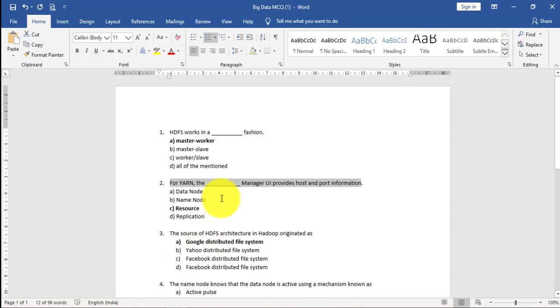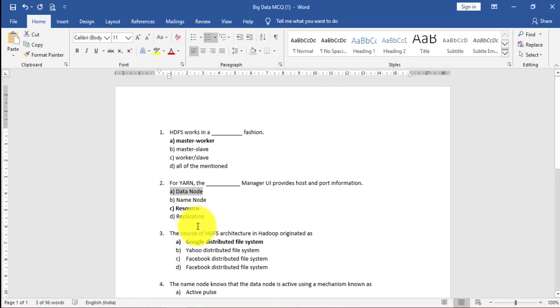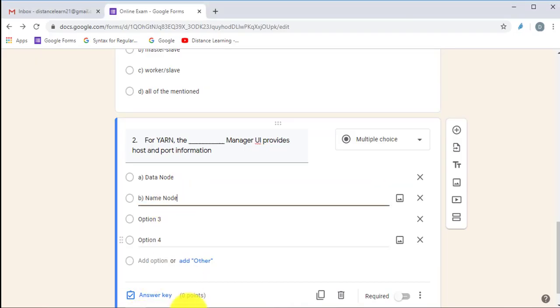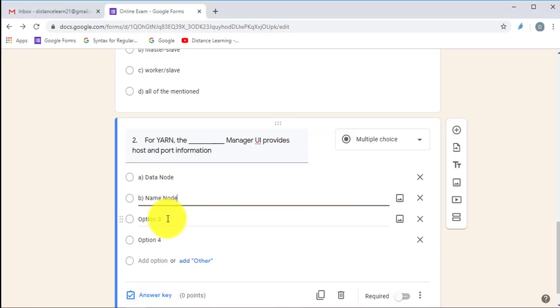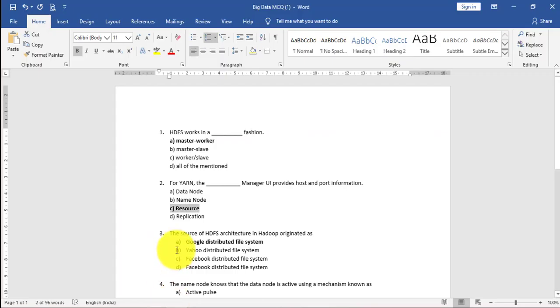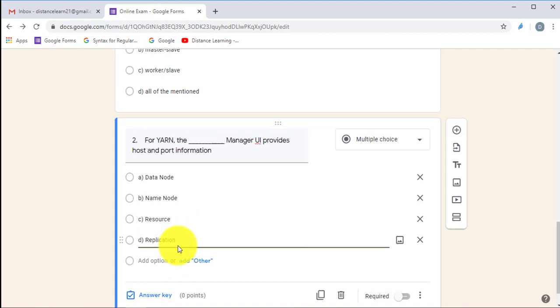I have copied the second question, that is the first option, next the second option, third option, and then the fourth option. So this is ready now.